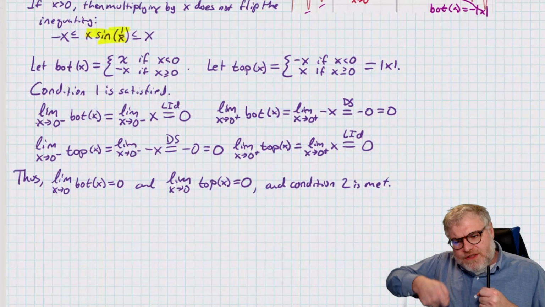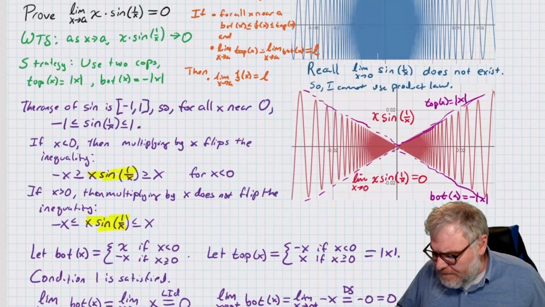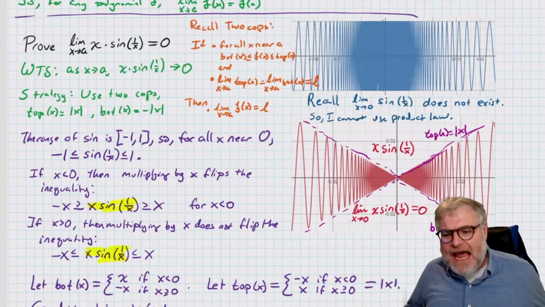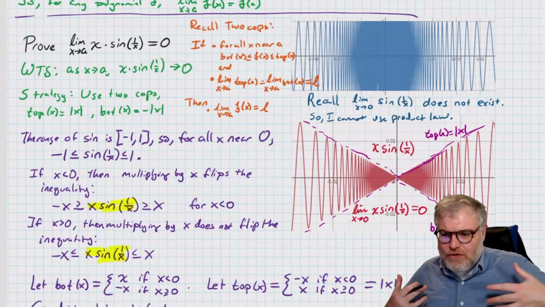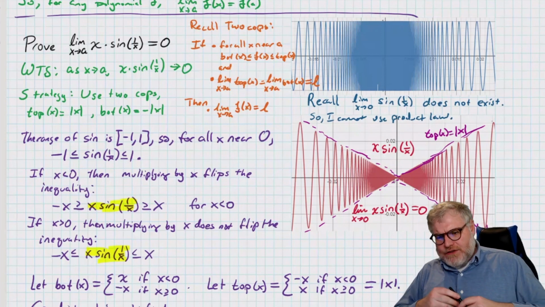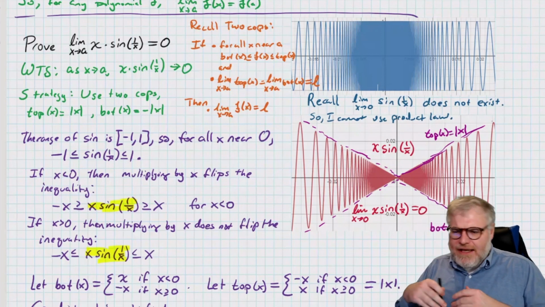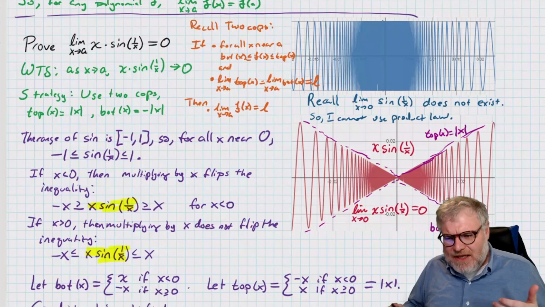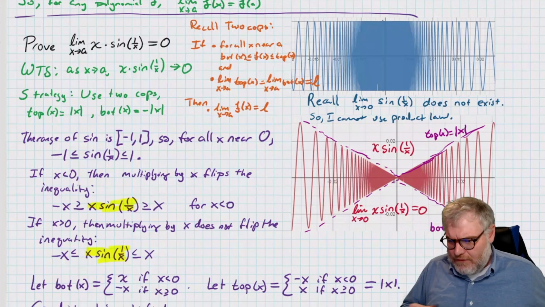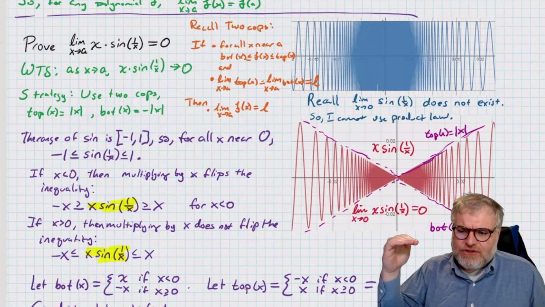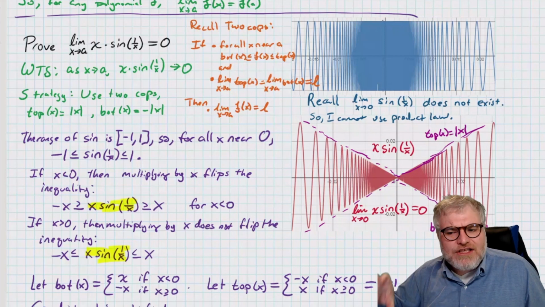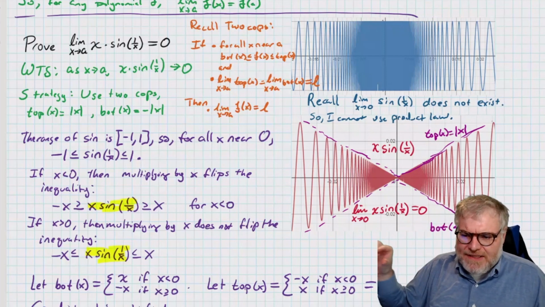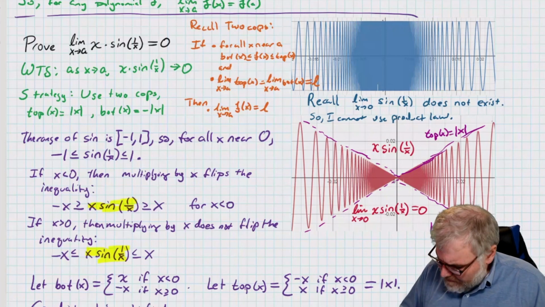Now, what I'm going to do is I'm going to turn the crank, okay? Two cops and a drunk says that if these two things are true, then this thing must be true. This is math. It's not some humanity. It's not some social science thing where we say, oh, well, in general, this is true, and if this is true, then in general, most of the time, except on weird Tuesdays, this is true. No, no, no. This is math. If this is true and this is true, then this must logically follow. That's what a theorem means. This must logically follow. This must be true. Okay? So it must be the case